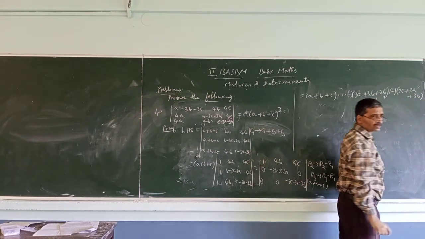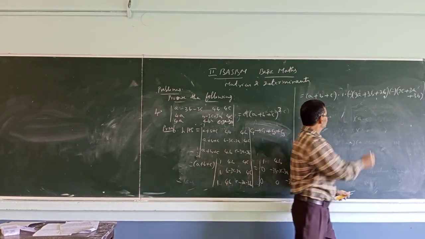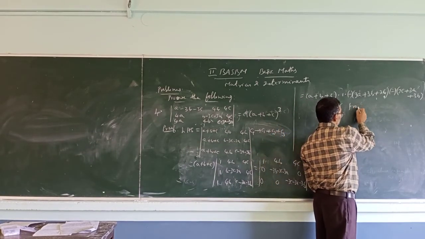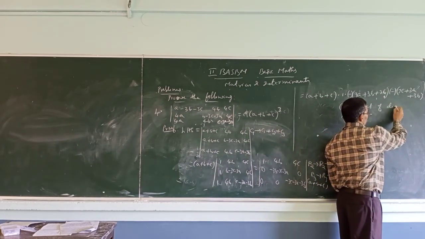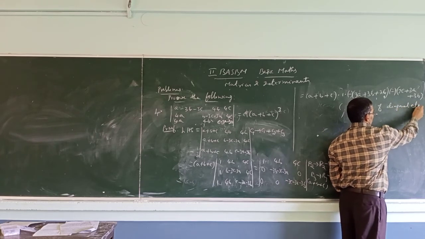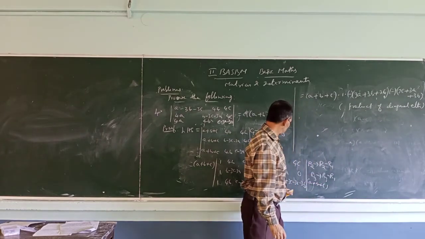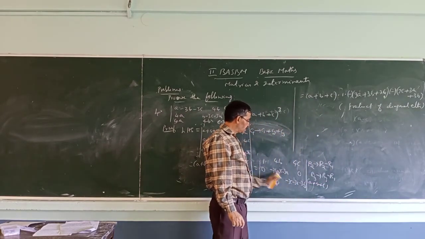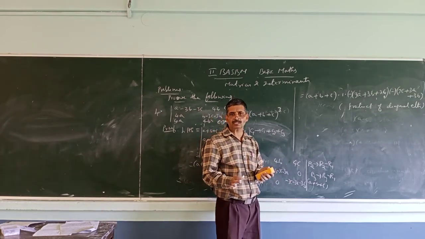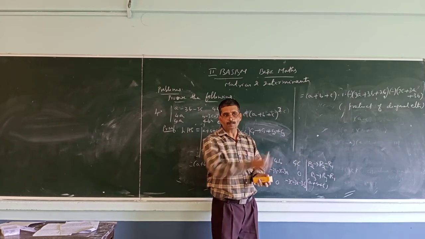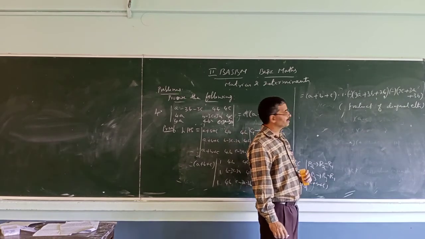So what I have done? I have applied the property again. So product of the diagonal elements. I told the reason already in the just previous problem, because these elements are zeros below the diagonal. Below or above the diagonal, if all the elements are zeros, then the determinant equals the product of the diagonal elements. Main diagonal, in the sense.